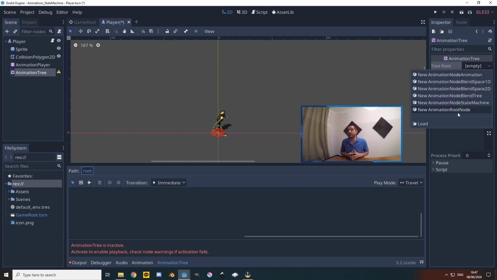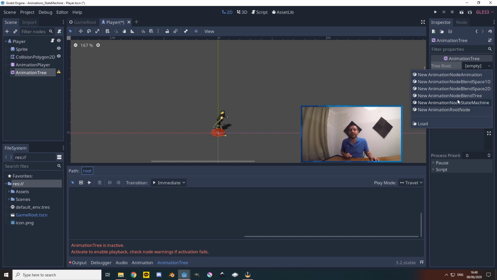Now for the tree root we got a couple of options, and it already shows the versatility of this node. This node is quite powerful, but this might be a little bit too much information to go over if you're new to the animation tree, which is likely because you're watching a tutorial about it. So I'll give you a quick guideline. The node animation, blend space 1D, blend space 2D, and the root node are generally not used as tree roots. We are going to be using the blend space 2D in this tutorial, just not as a tree root, but as a node within the animation tree.